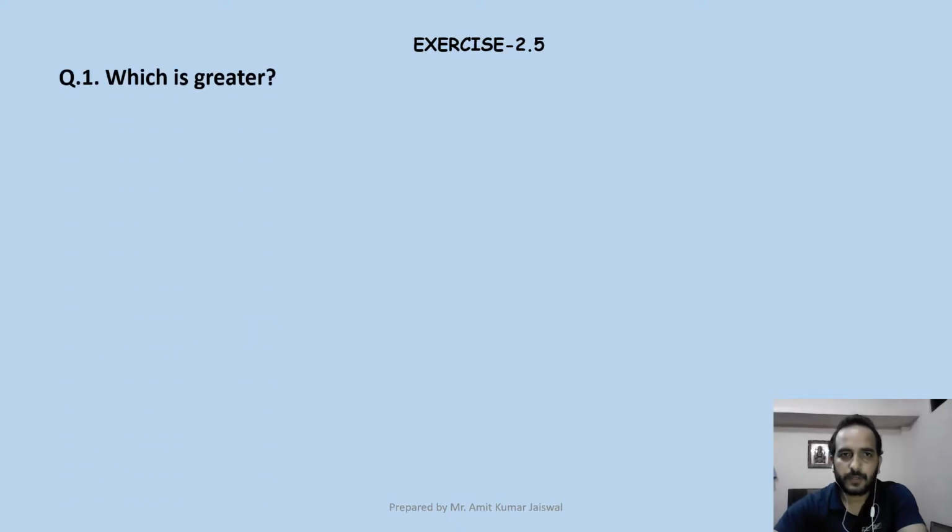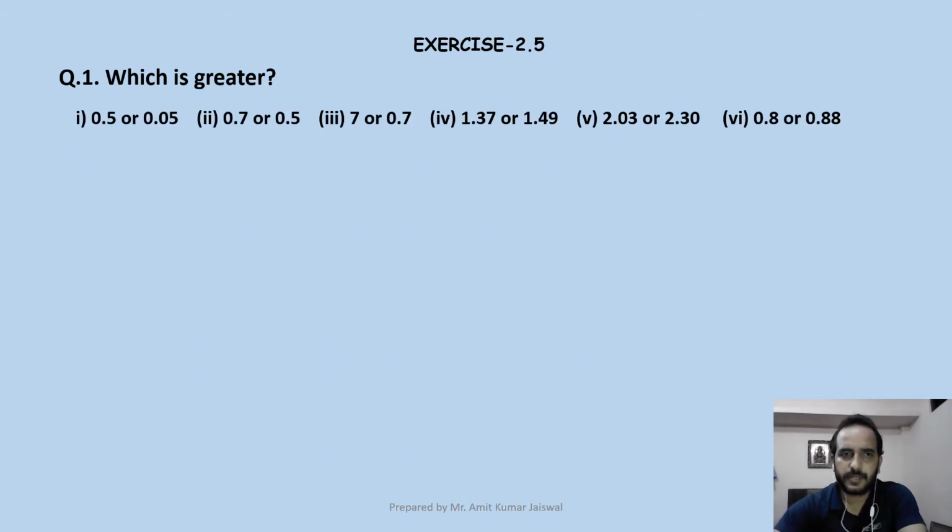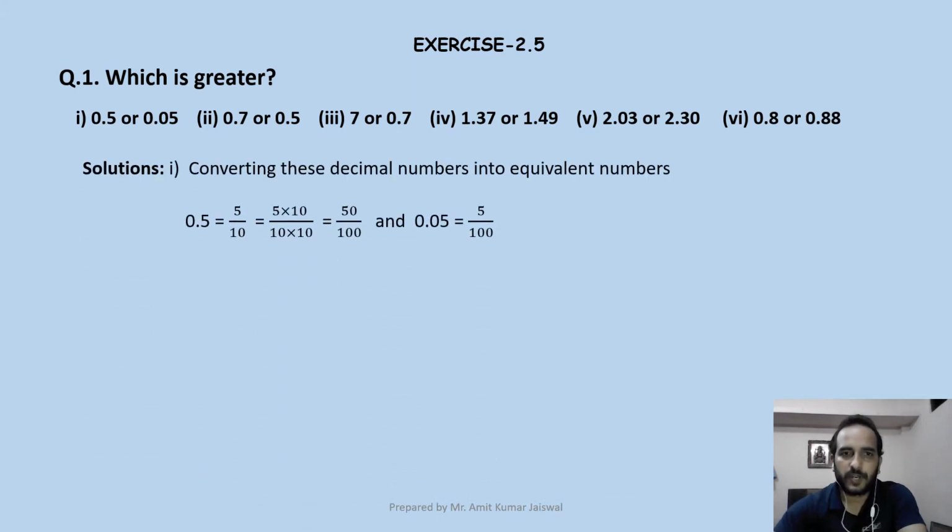So the very first question is asking you which is greater. We have six options here. The very first option is asking 0.5 or 0.05. So we have to compare 0.5 or 0.05, which one is greater. So first we need to convert these two given decimal numbers into their equivalent fractions. 0.5, we know this is the tenth place value, and we write it 5 upon 10,